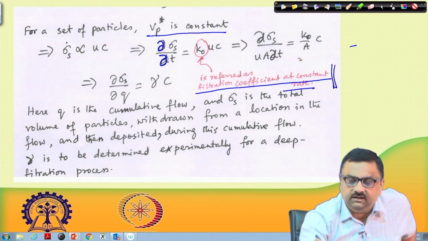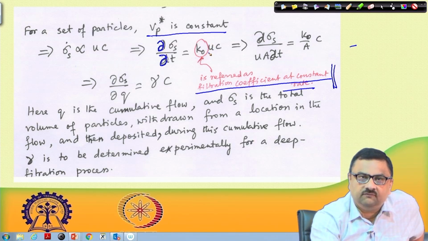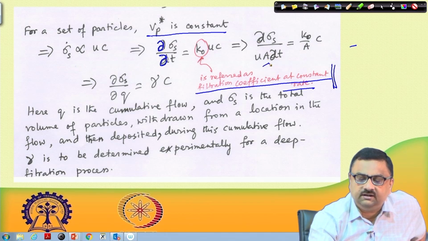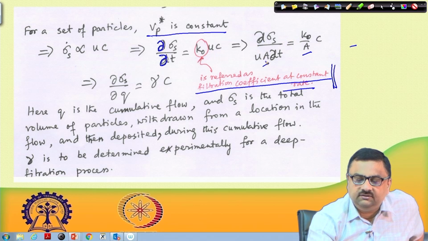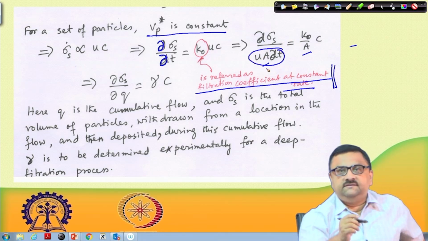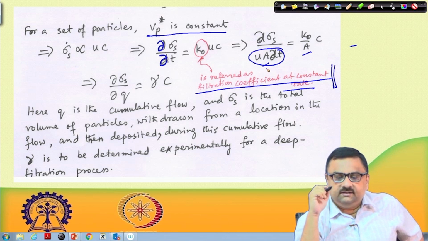Now, if we bring this U from the right hand side numerator to the denominator on the left, then it becomes del sigma s into U del T, and also we divide both sides by A. So, A appears in the denominator here, A appears in the denominator here. Then we brought this del T on this side. So, now this U A del T, we can write as del Q,